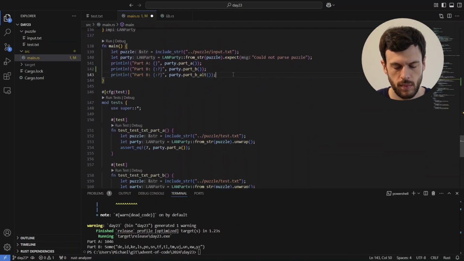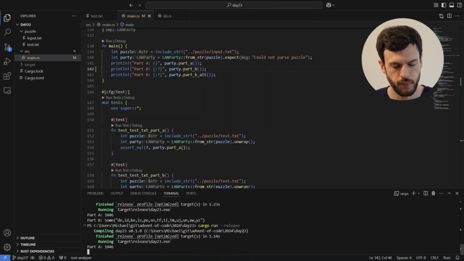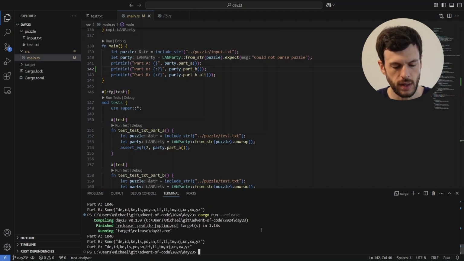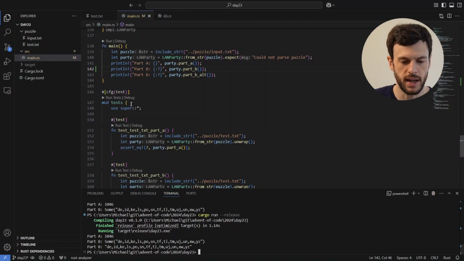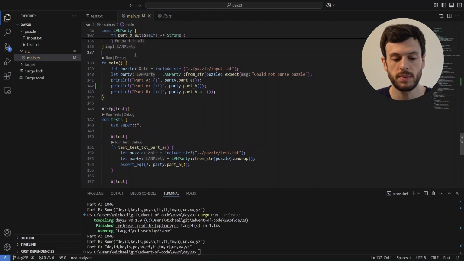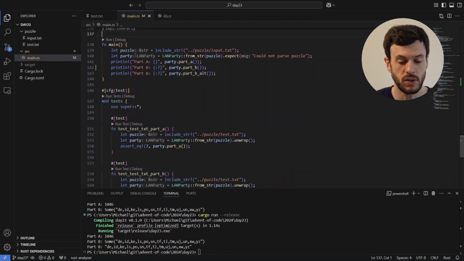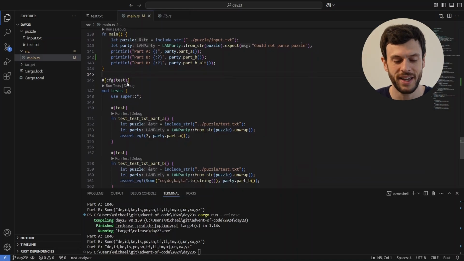So this time, I'll run it with part B so you can see the difference in time. So let's run it. It's running, and it does take a few seconds, 4 to 5 seconds. And there it is. The second part B took less than half a second, I would say. So just with that optimization, I'm comfortable that I've solved this problem in, if not the best way, at least